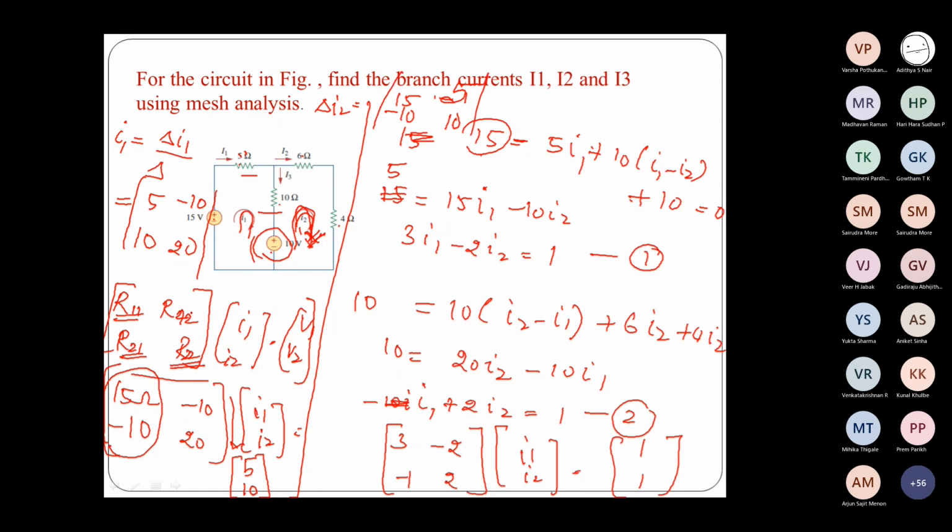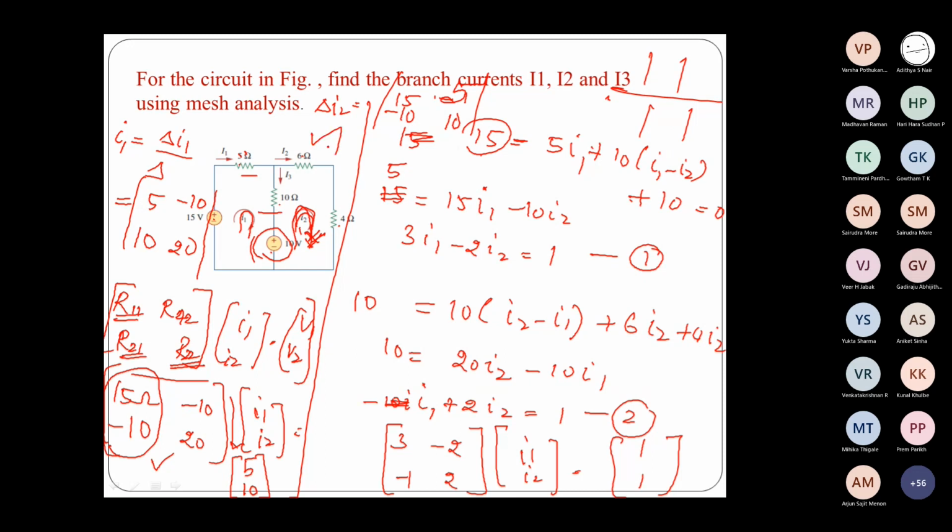And del is nothing but the determinant of this resistance matrix. I think in the calculator you can directly compute the determinant of the matrix. You need not solve the matrix determinant calculation by hand. Using the calculator, you can find the determinant directly. Similarly, this can also be done directly, in an easy method.